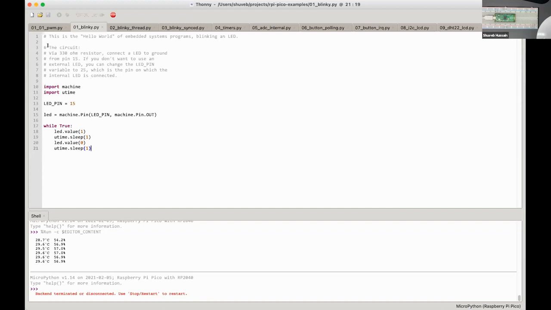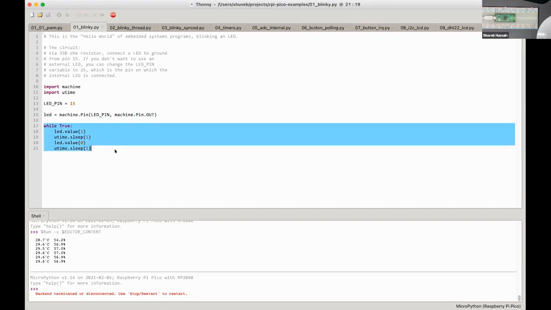What we are doing here is super simple. We are connecting an LED to pin number 15, and I just have a constant here for pin 15. Then we say machine.Pin, pin 15, and configure it to be an output. I want you to recall that GPIO can be configured as either an input or an output. So we are configuring pin number 15 to be an output pin. Very, very simple. We store that in the variable LED.